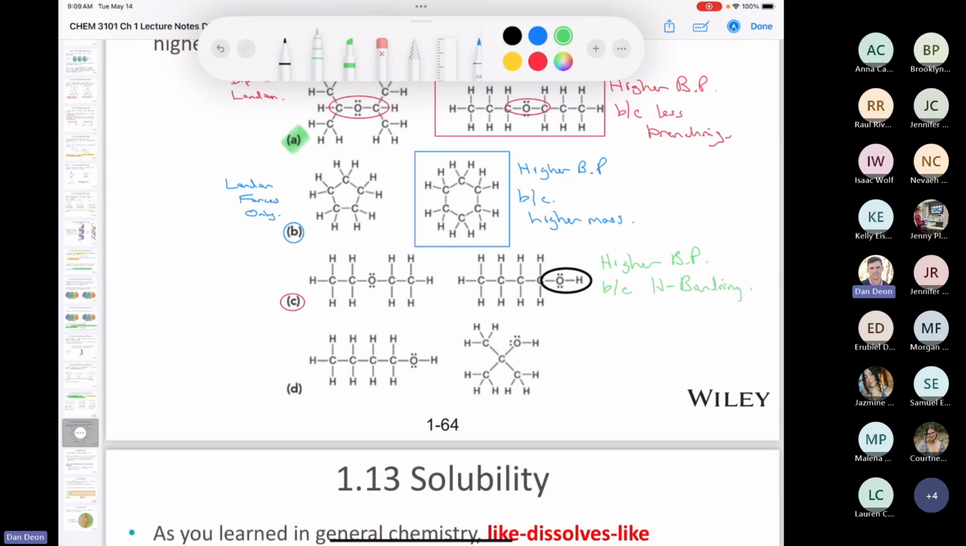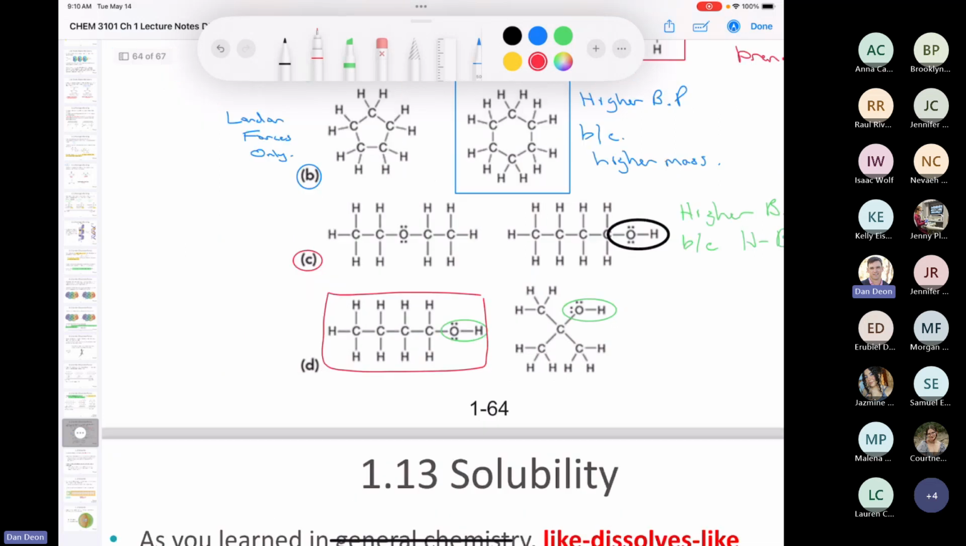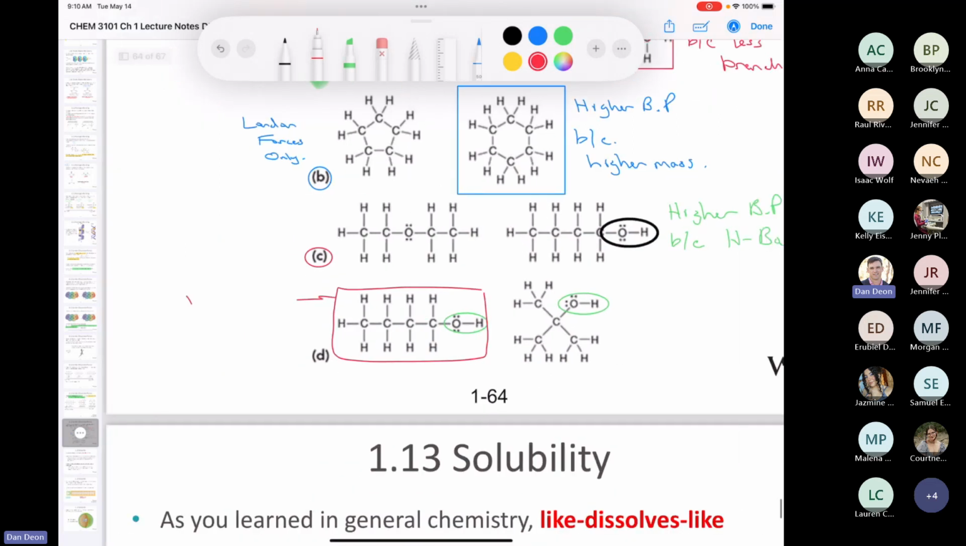All right, and then the last one, as I was saying, we have the ability to hydrogen bond here and here. Which one's going to have a higher boiling point, left or right? Yeah, thanks, Jennifer. You answered it while I was rambling on. You're absolutely correct. We'll just say higher boiling point because less branching. Thanks. So I'll put here higher boiling point because